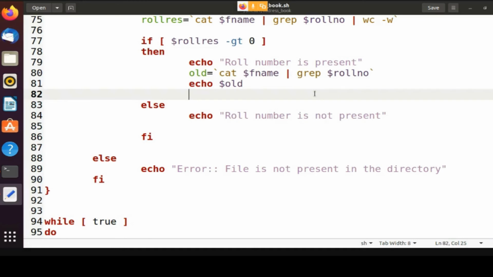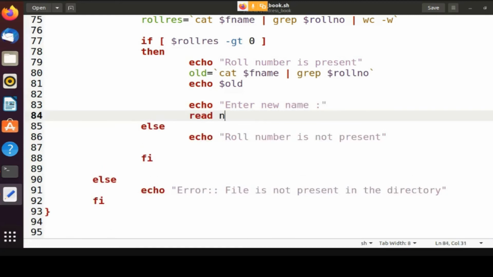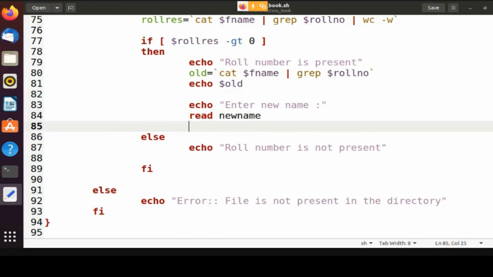So you can say echo enter new name, read new name, and then you can say new is equal to echo $rollnumber and new name.